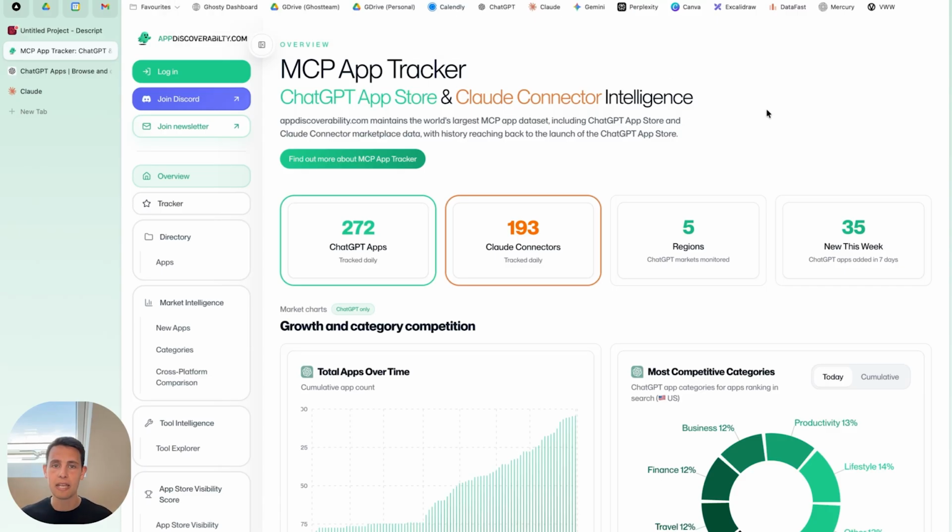track.appdiscoverability.com, and it covers at the moment ChatGPT App Store and Claude Connector intelligence, and we are, as we speak, adding Cursor and also Microsoft Copilot, and VS Code will come along as well. And the aim here is to basically give you as much intelligence of what's happening in the ChatGPT App Store and in Claude Connectors